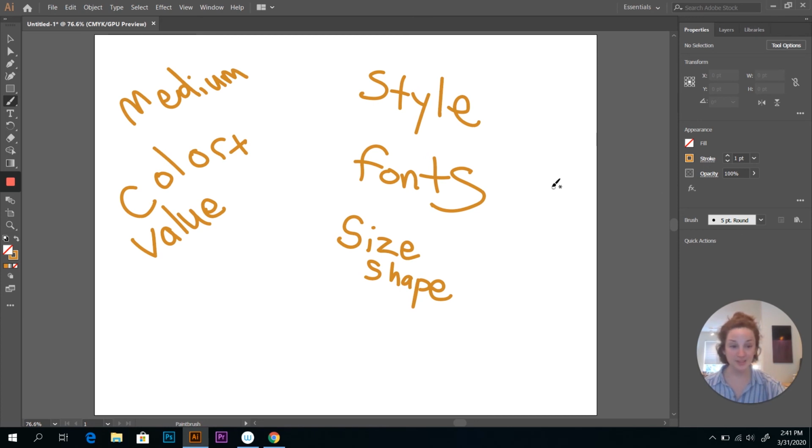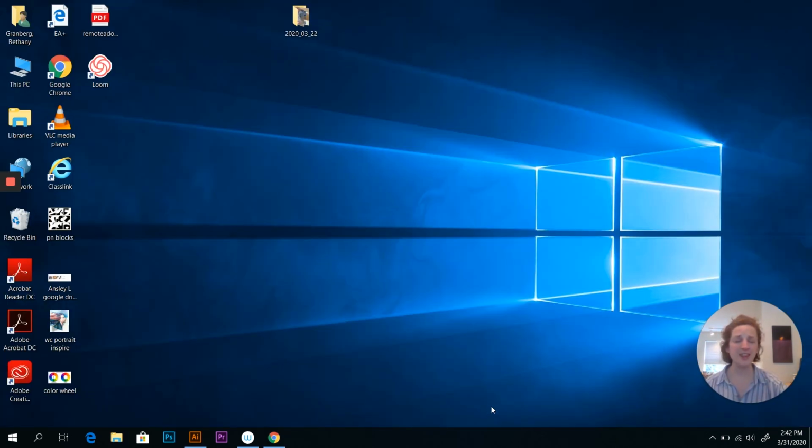So your assignment for this week is to create a poster that is somehow about the COVID-19 event, because that is what we're all thinking about. That's what we're all seeing. So you can make a poster that is funny or educational, like it could be instructional, something about what to do and not to, or how to wash your hands. Or it could be encouraging. So think about your family and friends and what they would enjoy or what they would think was funny. If you're so tired of COVID, think of a different subject. You don't have to do that, but that's just my